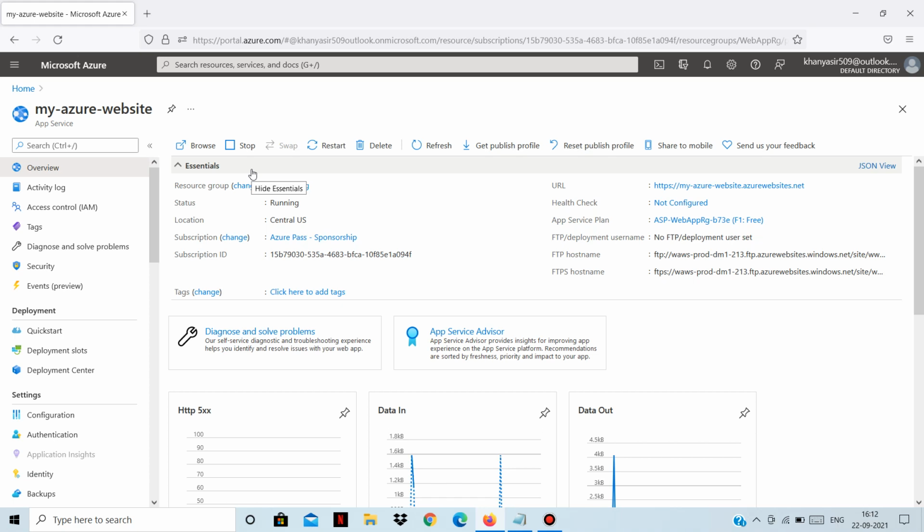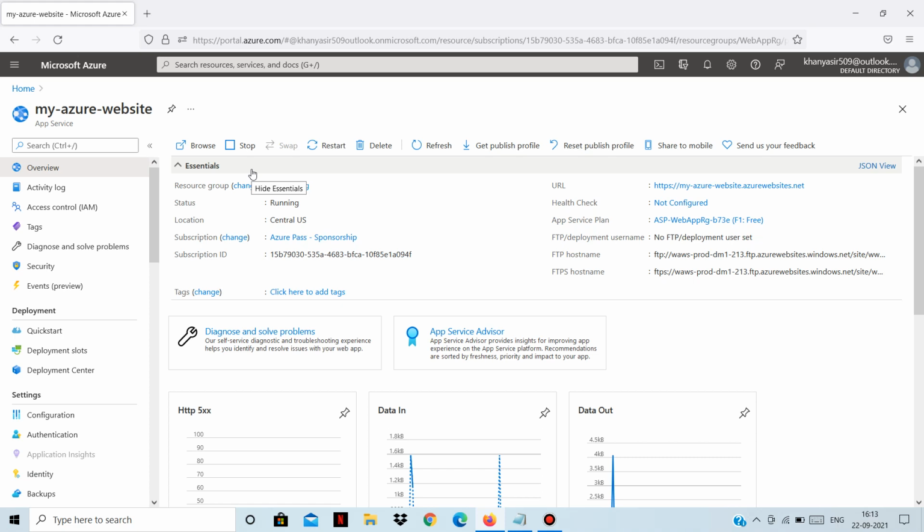Suppose your code is written and there are many files; you can zip your files, make one zip file, and then deploy that zip file to Azure Web App Service. We will make use of this zip deploy method in this particular demo. We will zip all of our application files and then deploy that zip file to app service. We will see how we can do that in a few moments.